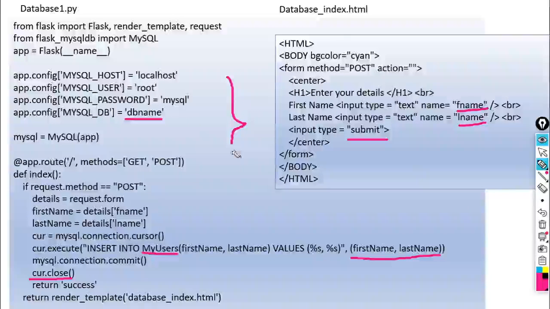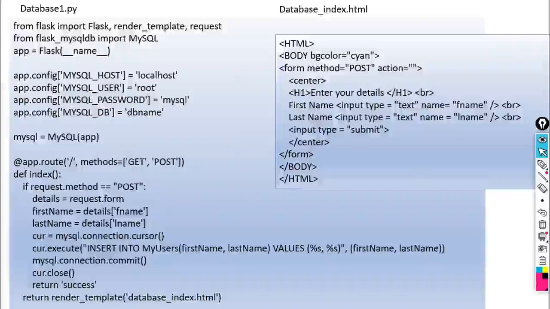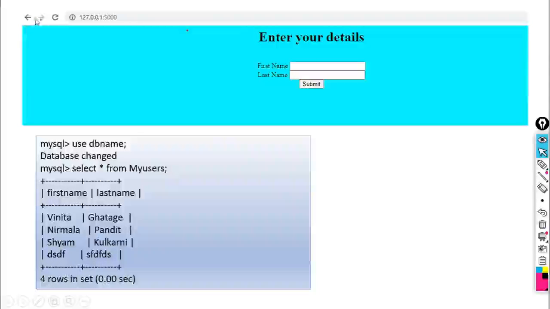So this is the front end, and this is the back end. With the help of MySQL, we can execute this. So what is the use of these two scripts? To enter the data through HTML and to transfer that data to the MySQL database. We will see in the practical session how we can transfer it. This is the output when we execute the previous one. Enter your details: you should enter the first name here, the last name here, and click on the submit button.